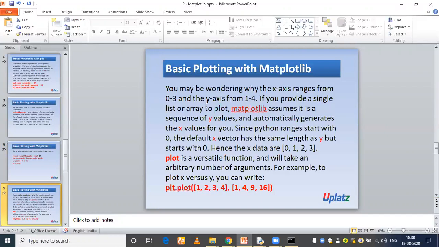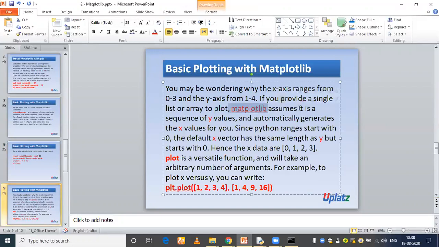If you provide a single list or array to plot, matplotlib assumes it is a sequence of y values and automatically generates the x values for you. Since Python ranges start with 0, the default x vector has the same length as y, but starts with 0. Hence, the x data are 0, 1, 2, 3.